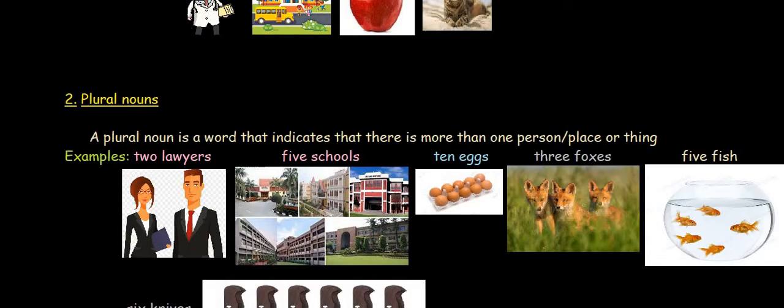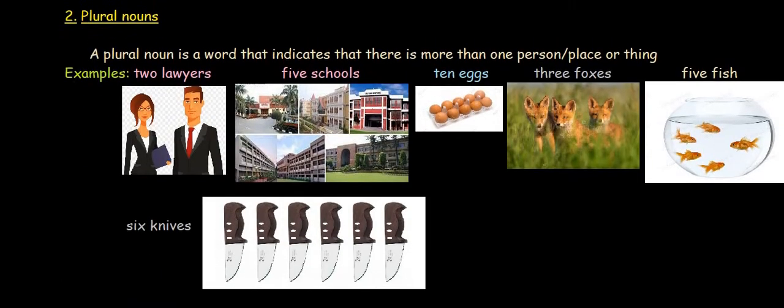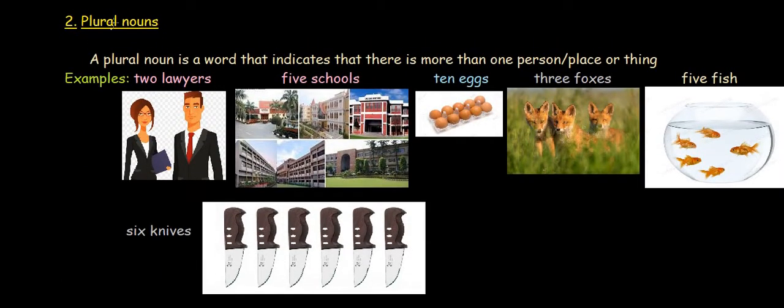now we are going to talk about plural nouns. The word plural refers to two or more. So if we refer to two or more people, places or things, we consider those plural nouns. For an example, 2 lawyers, 5 schools, 10 eggs, 3 foxes,